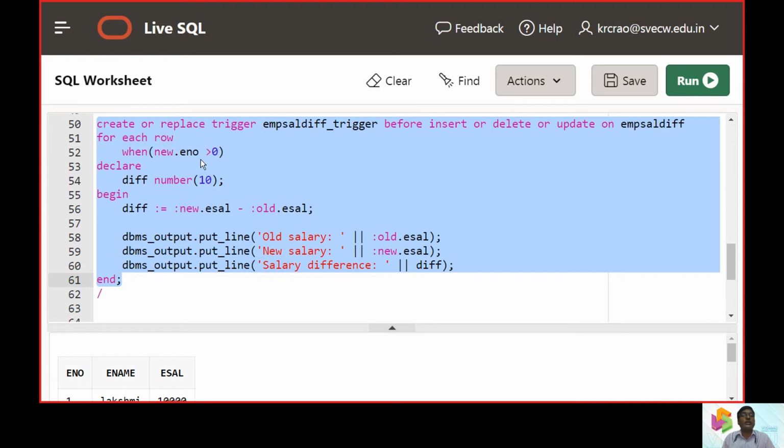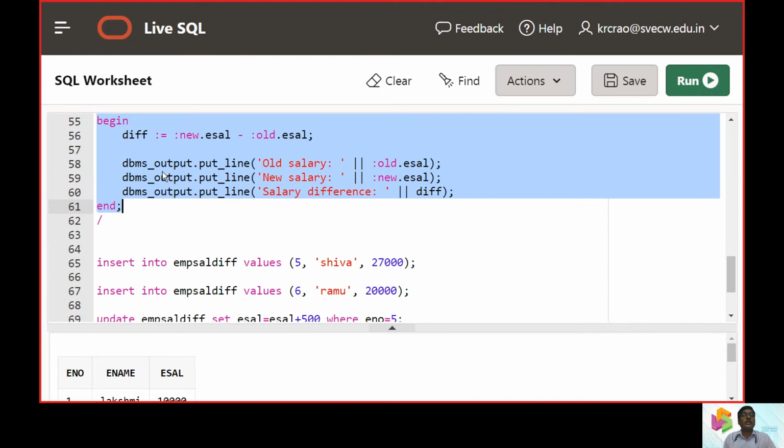And the condition it checks is: one, the employee number should be greater than 0. Second, it is in the trigger body between the open brace, that is begin, and the close brace, that is end. So we get a high level language construct as begin and end. Now we are going to use this difference. So we will prompt with the new value and old value while executing the data.